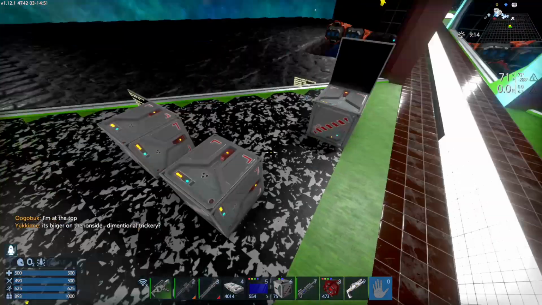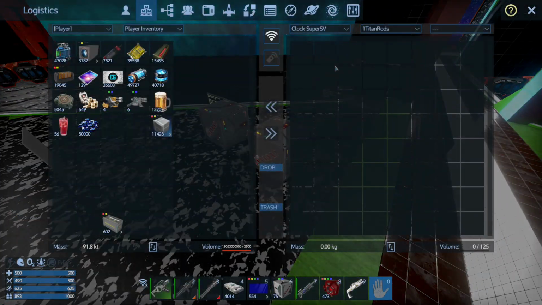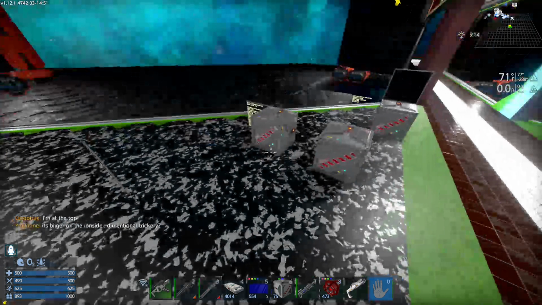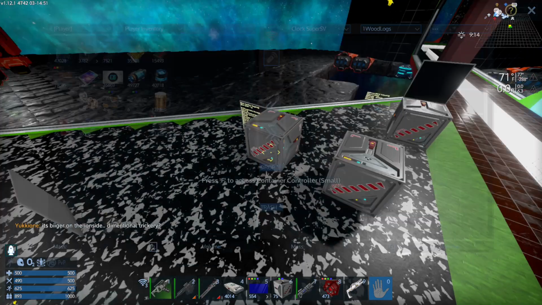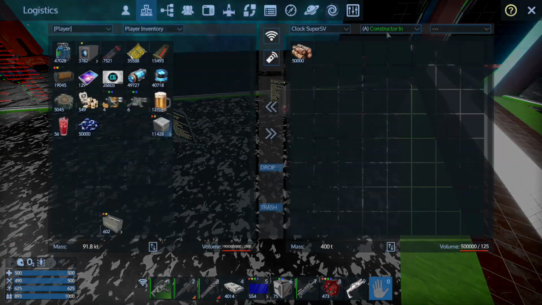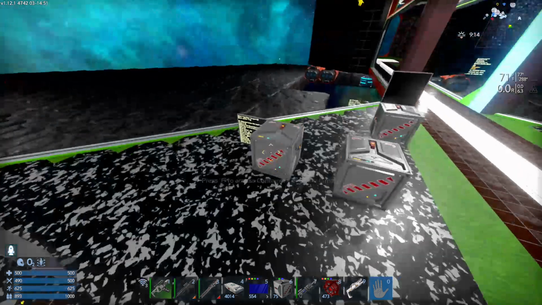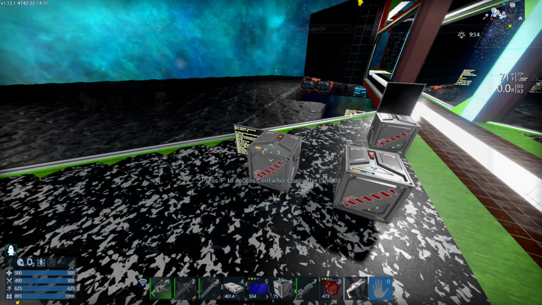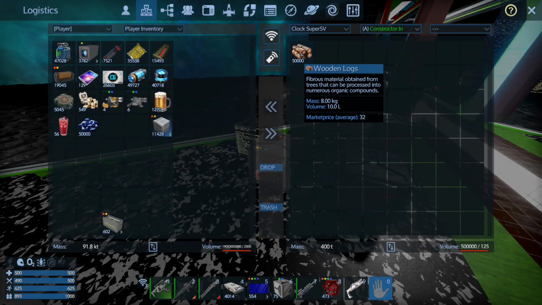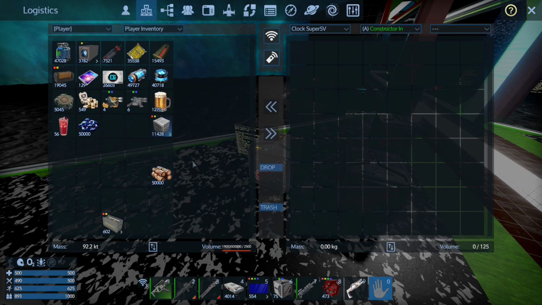And then if we look at our boxes here, the constructor fill already moved them. So you see they went directly from cargo in into the item boxes, and then it's automatically filling our constructor. So you see I have 50,000 wood logs in there, 50,000 in there. So let's say I'm making fiber, it used them. I'm going to take that out,